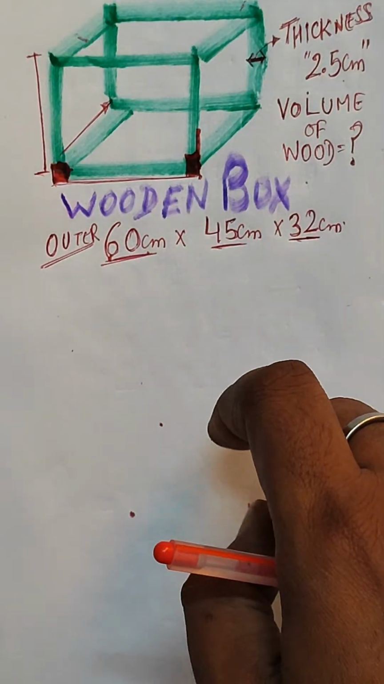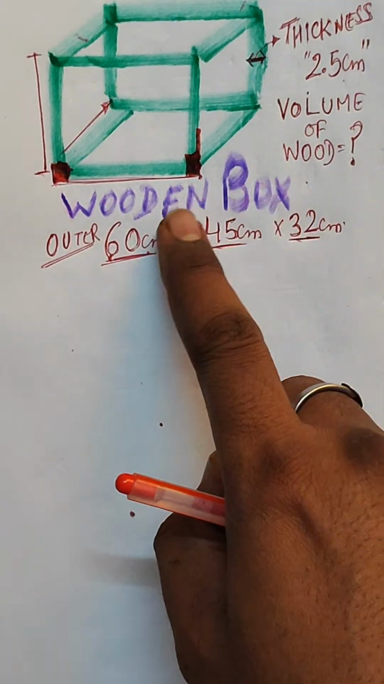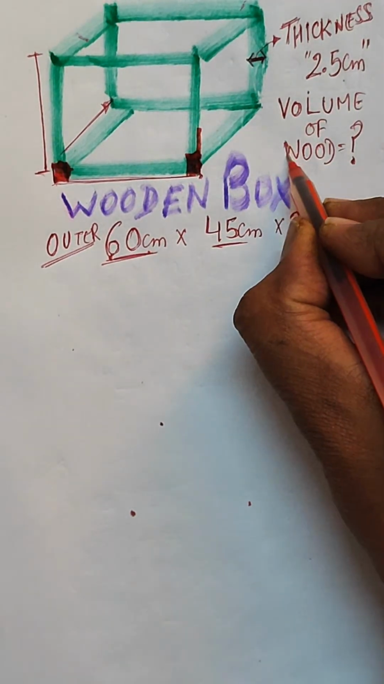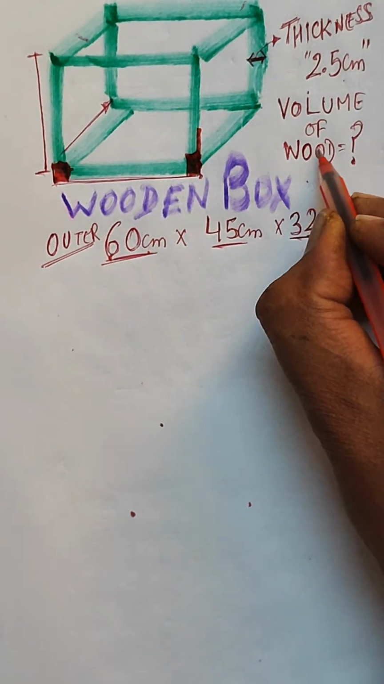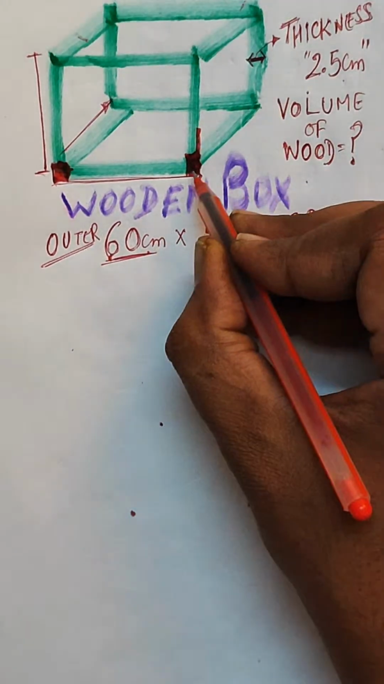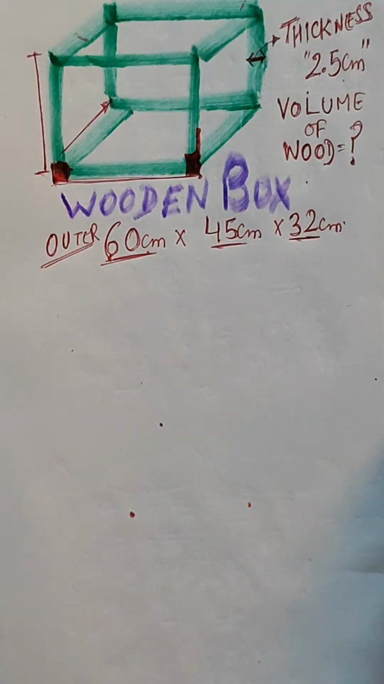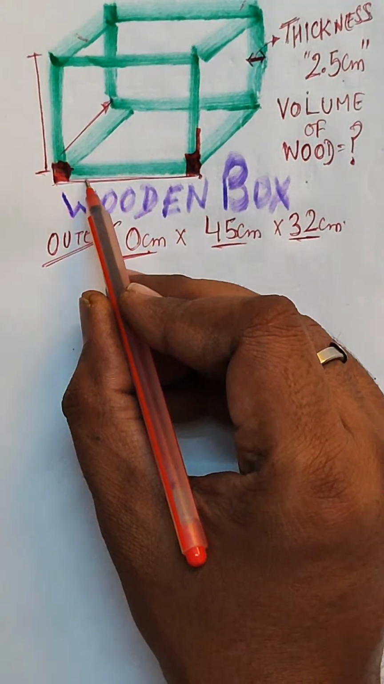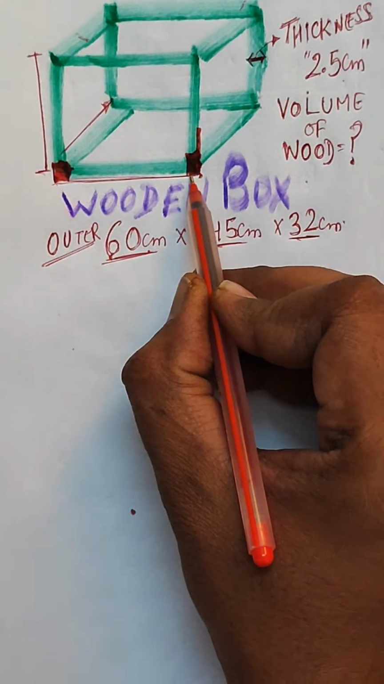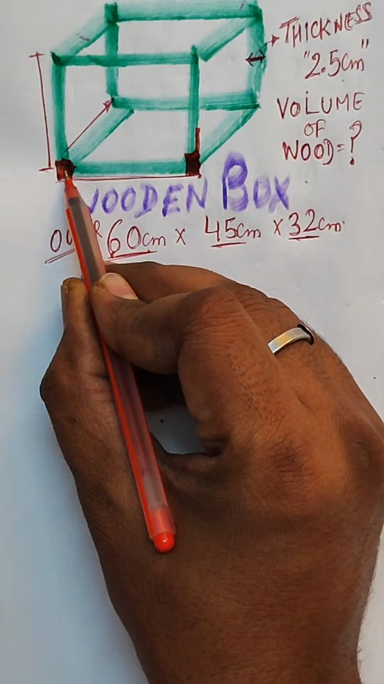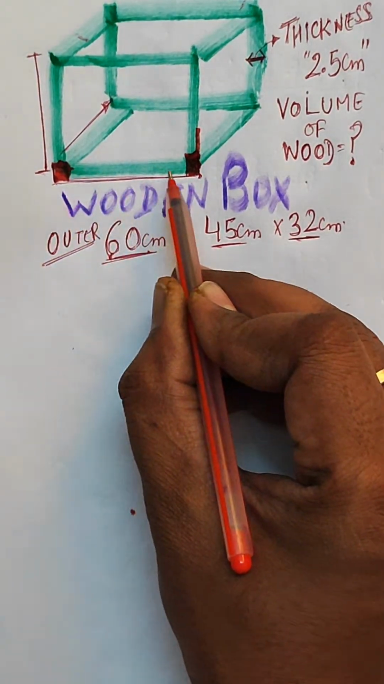Now, what is the volume of the wood used in making the box? The volume of the wood means the content of the wood. We need to consider only the thickness. So here we can see that if this thickness is 2.5 centimeter and similarly 2.5 centimeter over here, then from the length,